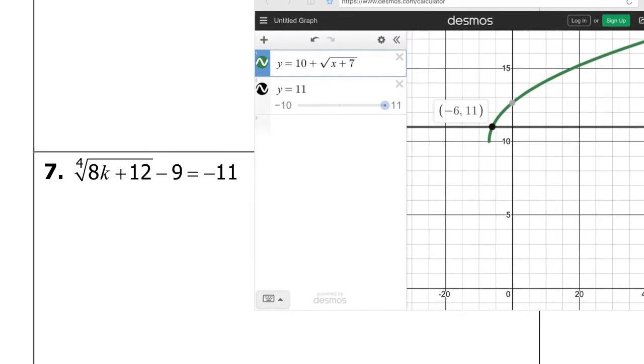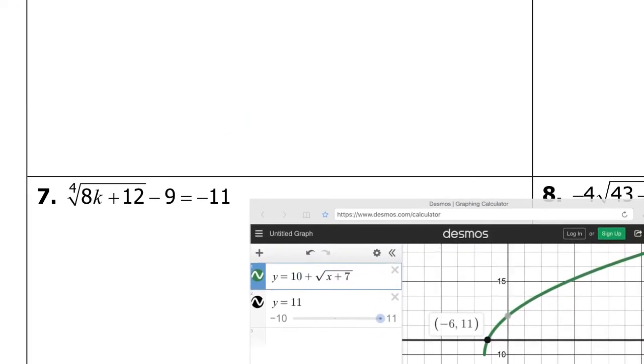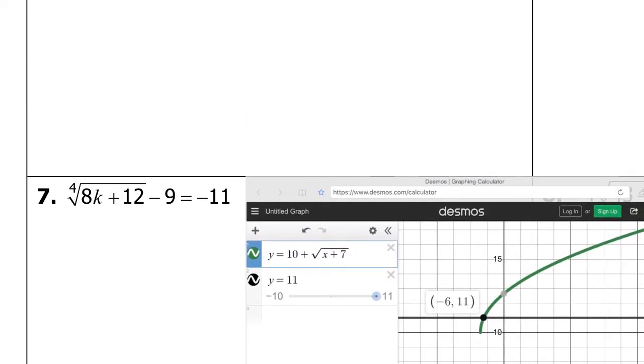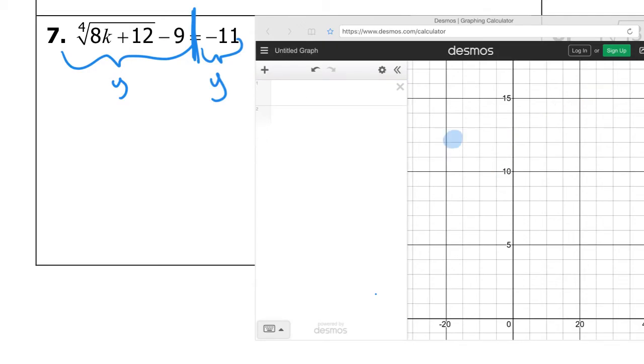So let's look at this lower example here. I believe this one has no solution. So again, I'm going to start by identifying the left-hand side and the right-hand side of my equation. Now the beautiful thing about Desmos is that it doesn't matter if your index is a 2, a 3, a 4,